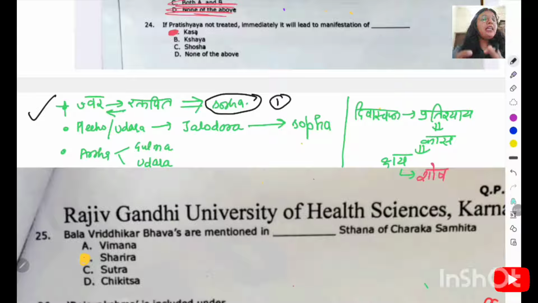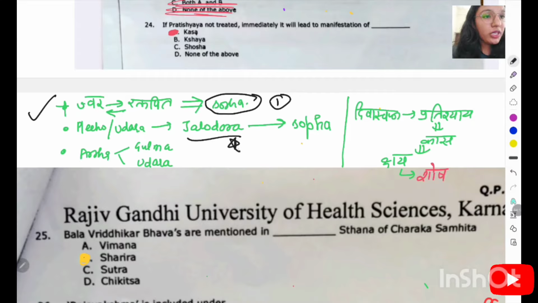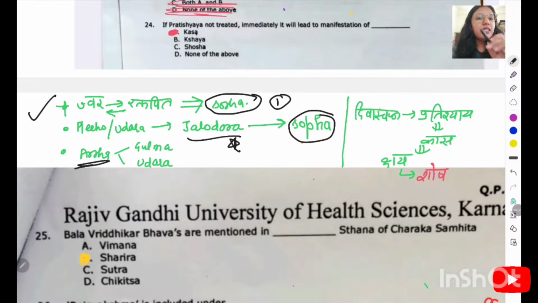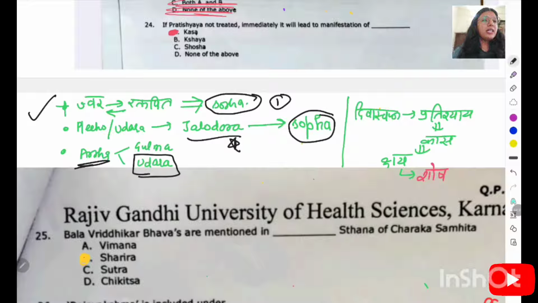Then any Vriddhi, we already studied in Udara that any type of Udara, whether it is Pliha Udara, Chhadda Udara, or Baddha Udara, all types of Udara will finally end up in Jala Udara, and this Jala Udara can lead to Shofa, because it can lead to whole body Shofa, and that will become Asadhya. Then Ashas is the Nidana or the cause for Gulma as well as Udara, because when we studied the Udara Nidana, we already studied that Ashas is one of the Nidana.